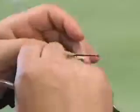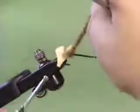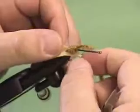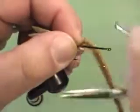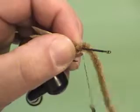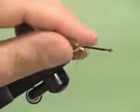Now, we're going to make just a few wraps inside there. And then we're going to tie that off with just a couple of wraps of thread. Position the Kreel Claw so that it's snugged up against that material, holding the whole thing together, making sure the Kreel Claw stays underneath. Just one or two more wraps to hold it in place. Now I can take my material out of the way